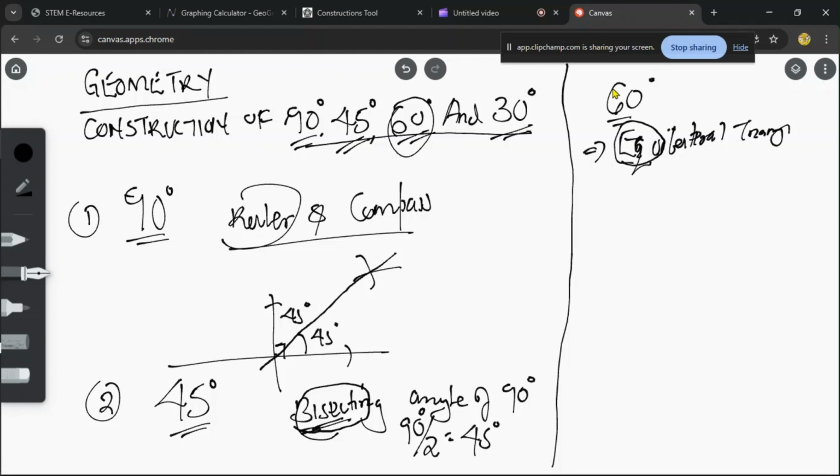So I'll try and use this idea. If you construct a triangle that is equilateral, that this side is the same as that side is the same as that side, then automatically this angle is 60, 60, 60. So I want to construct an equilateral triangle. Because if this is an equilateral triangle, the angles that are inside must be 60 degrees if all sides are the same. So if I go back to